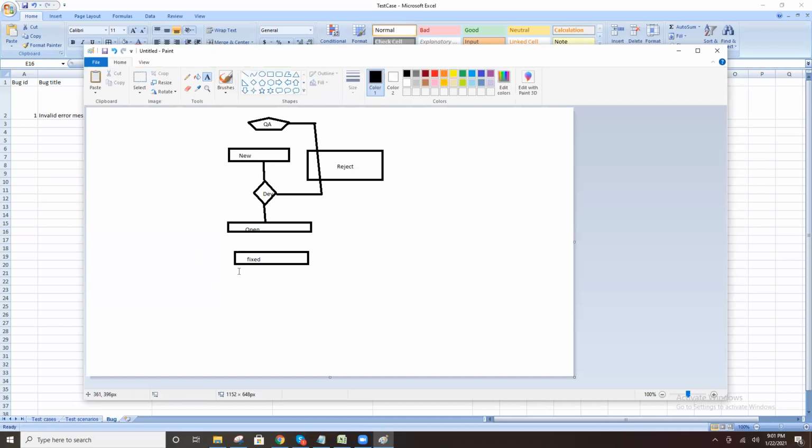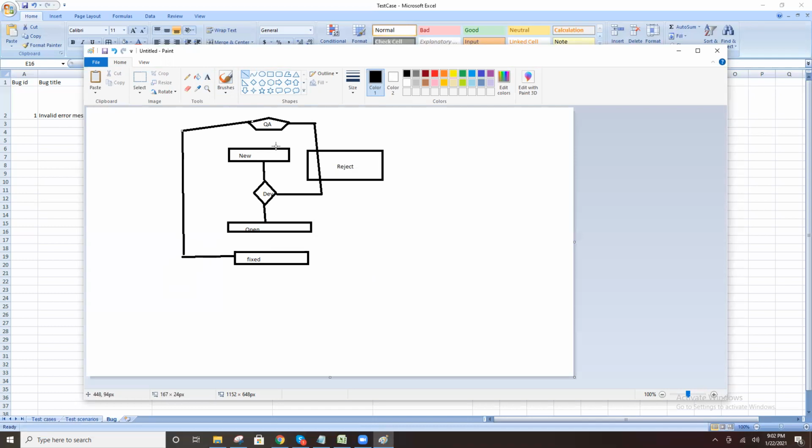So again QA checks that bug. Again this bug goes to the QA team, not the dev team. Why? Because QA people are responsible for testing the bug.